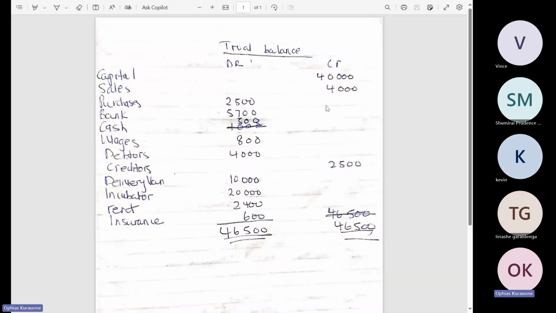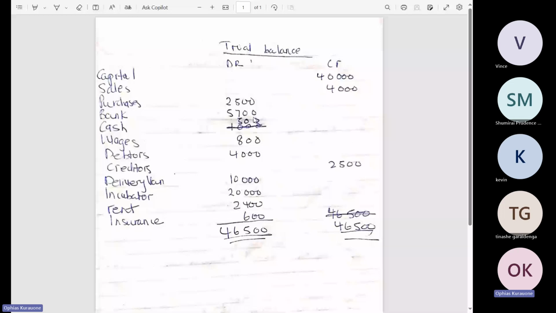You take all the balance carried down. Capital, 4,000, sales 4,000, purchases 2,500. Then the bank, the balance which will remain was 5,700 here. We need to be very careful. Then the cash was 500, which we placed in a safe. Wages received 800 after having paid. The debtors from Ndaba, that was 4,000. Then the creditors, the 2,500 from the